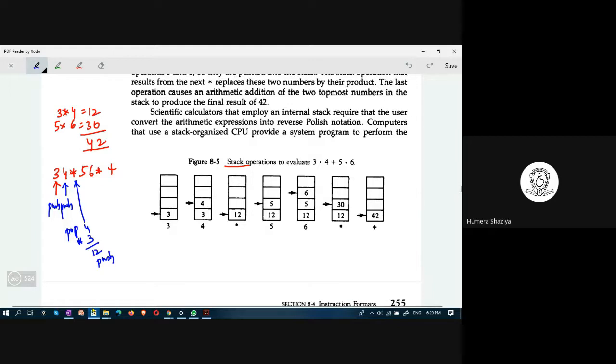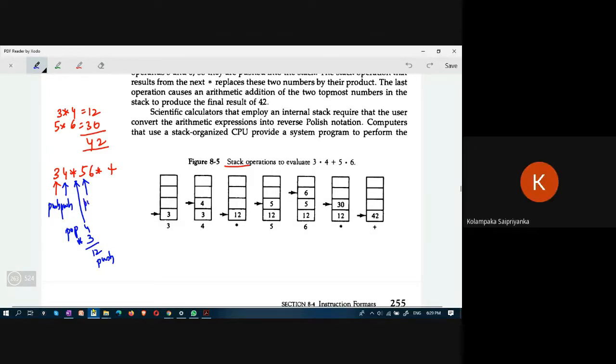Up to this point, is everything clear? Yes, ma'am. Now it is receiving an operand. What does it have to do? Push, ma'am.